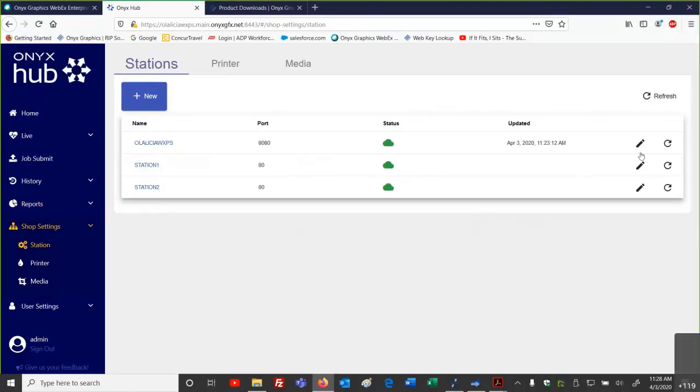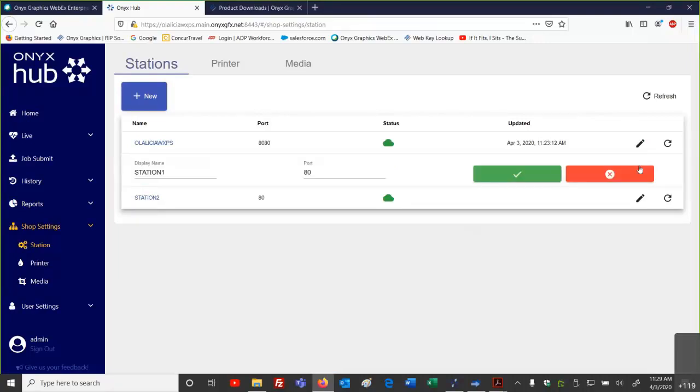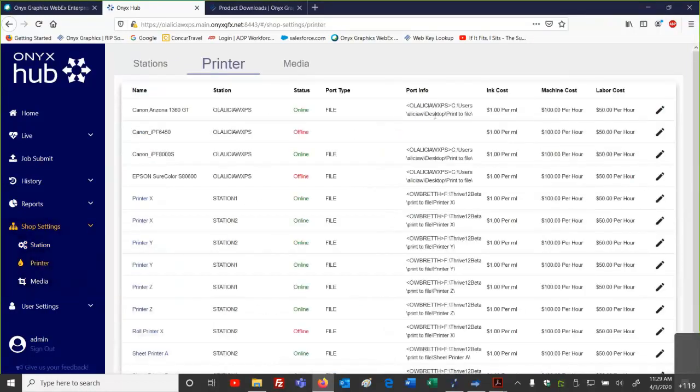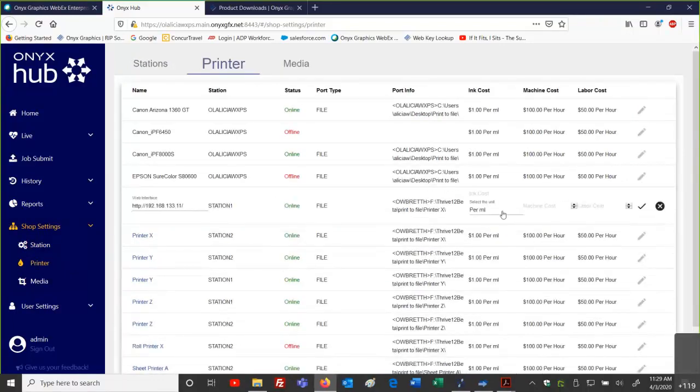again, if I edit this information, I'm able to configure my data. I'll edit one of these other previous stations here. This is our communication that we're communicating to the device. When you want to add a new station as your initial setup, we're setting this information in. Okay, if I go to printer for my shop settings, this is now where I edit and I add in my costs per milliliter for the ink and my machine costs and my labor costs, and I can put in what my values are. So this is where you would be entering in that information,